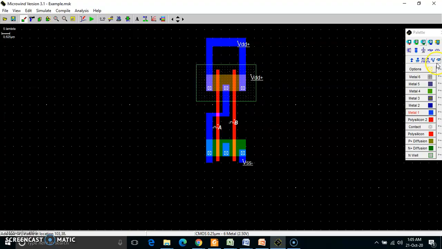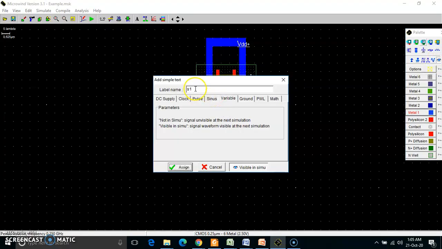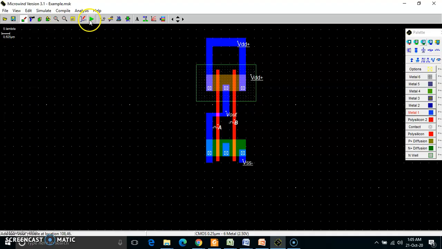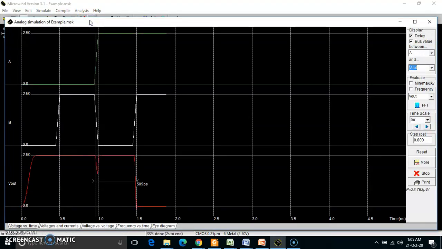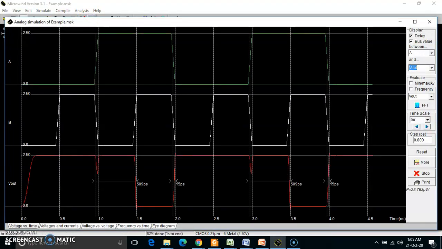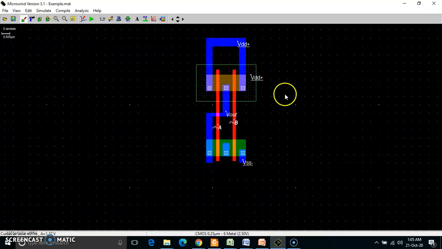And how to see the output? By using a visible eye and keeping it over here, and this is my V out. First do this up to this, because I need to check whether my NAND gate is working properly or not, and then I need to copy paste over here. Here you are able to see that when the input is 1 1, the output is 0, and in the rest of the conditions the output is 1. So this is right, and that's why whatever I have implemented is the right one.